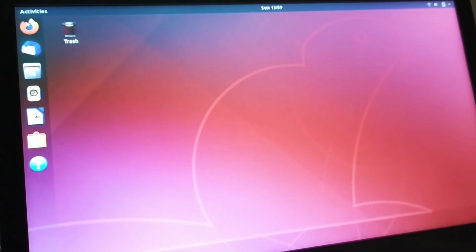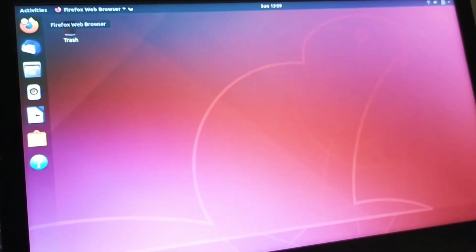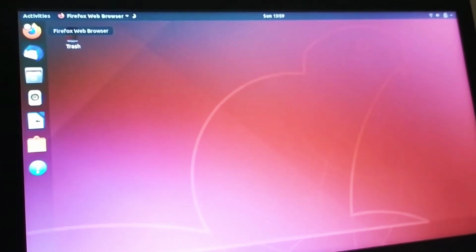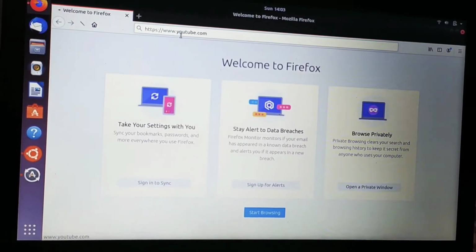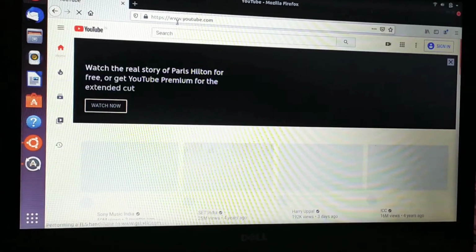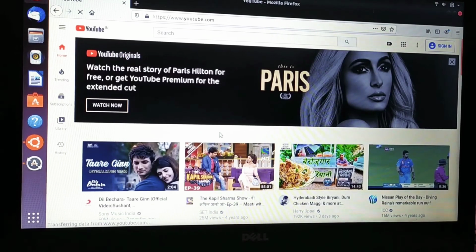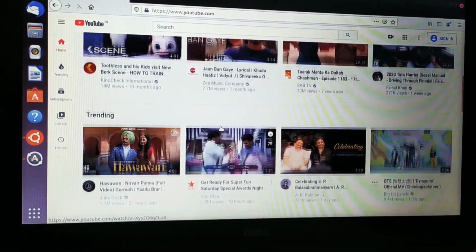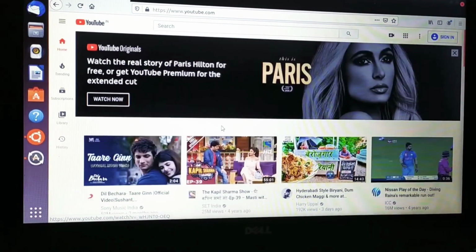Okay, let's open Firefox. We'll see if that problem persists or not. So guys, we are just confirming if that issue is coming again or not in 18.04. So it's fine, it's been removed.